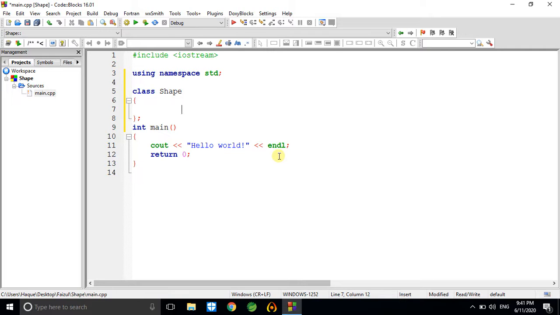As we have seen in inheritance, we are going to do programming which will consist of more than one class. Sometimes we can have two classes, sometimes we can have three, four classes also. So the point here is how we are going to inherit those classes. For inheriting, basically we will have an access specifier. Access specifier is very interesting.